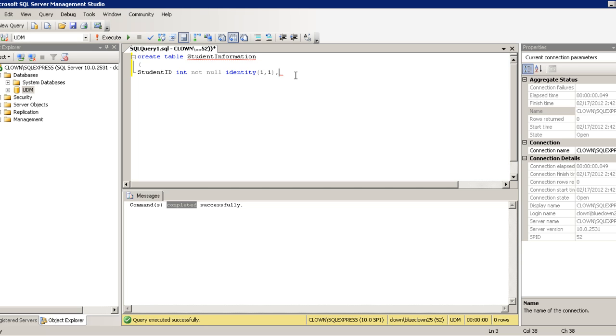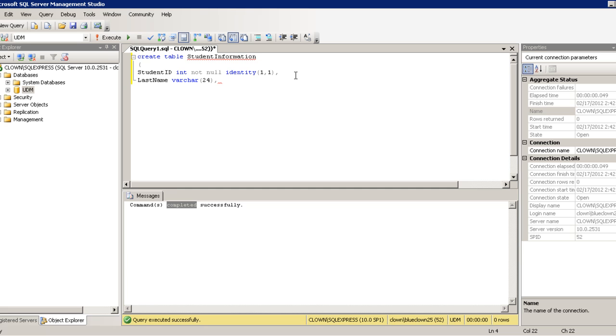Then comma, meaning we are going to do the second variable. So I'm going to use last name, varchar 24, meaning it will be composed of 24 alphanumeric characters.